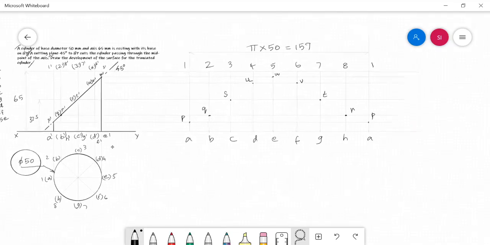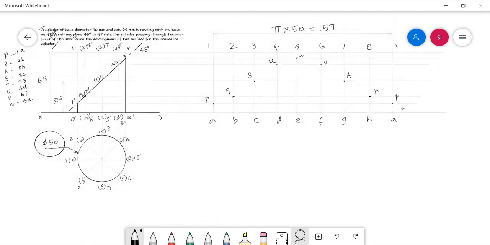And now all the cut points are marked in the development. Not like your prism development, here the cut points need to be joined with a smooth curve, not with a straight line. Again I am repeating, in the case of prisms and pyramids only, the cut points need to be connected with straight lines, but in the case of cylinder and cone, the cut points should be connected with a smooth curve and with an HB pencil.